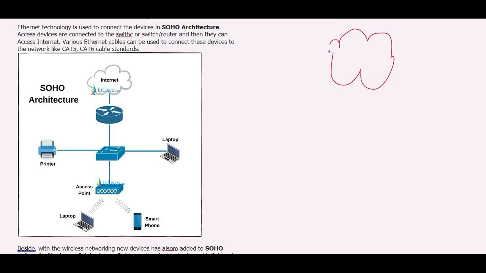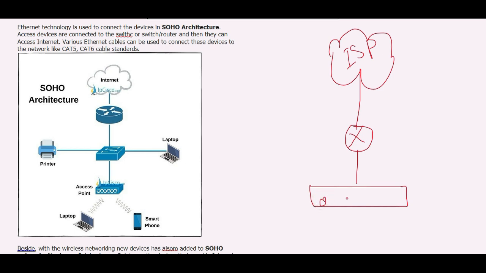Suppose this is an ISP. We simply purchase an internet connection from the ISP, right? And we put a router over here that will perform simple routing, right? And then we directly place some switches over here and connect the end user devices. What are the end user devices? Like our laptop, our desktop, our printer, or some other device that is required in your environment, right? So this kind of setup is called a SOHO environment, in which